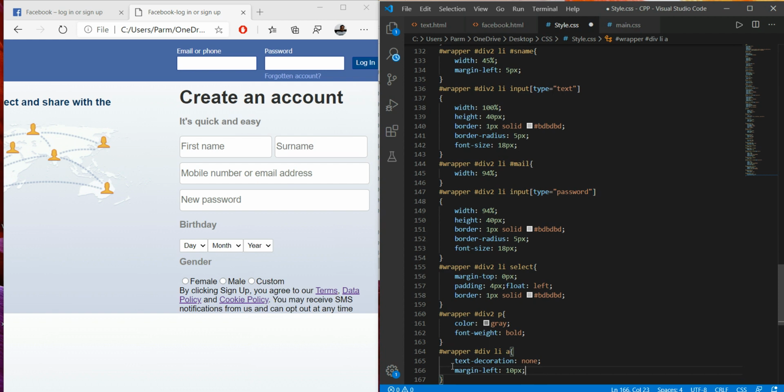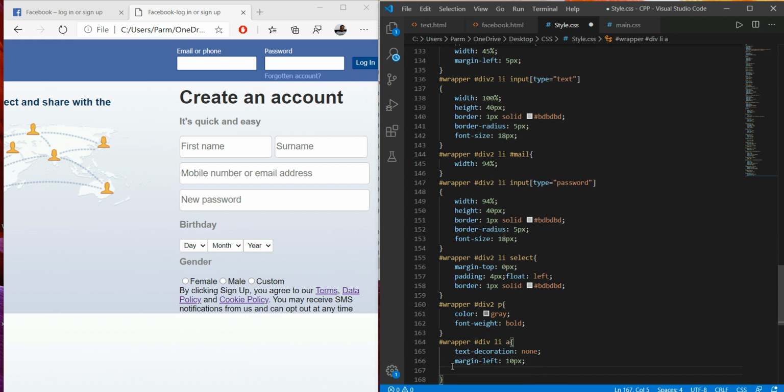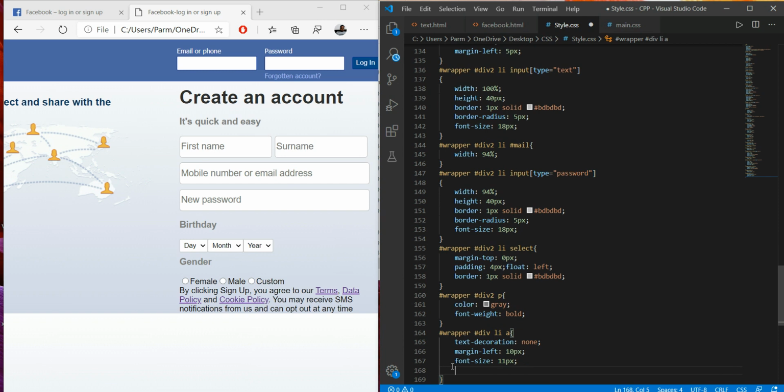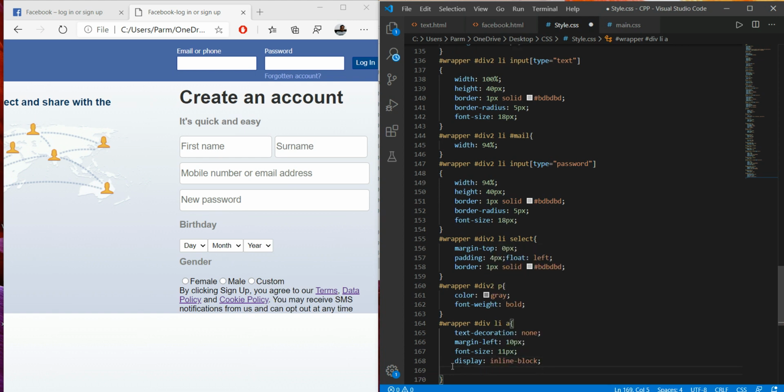Then we have to reduce its font size, so font size I'm just taking around 11 pixel. Then display, how it has to be displayed, so I just want it to display as inline block.